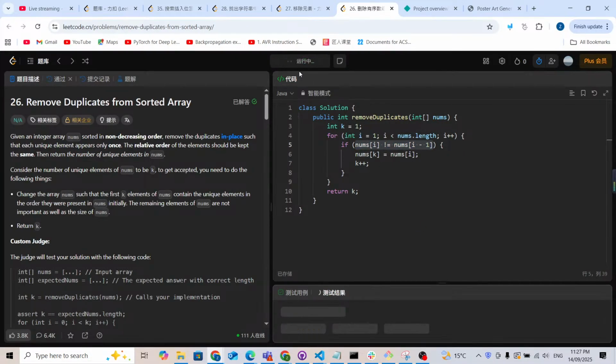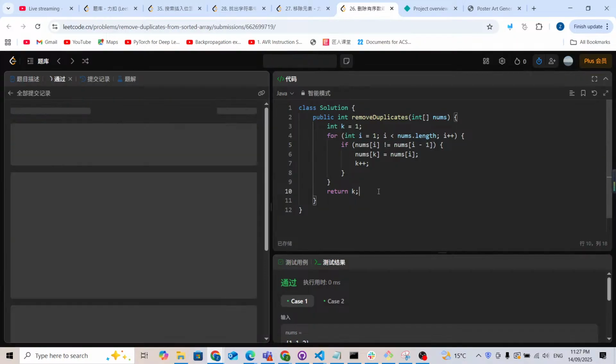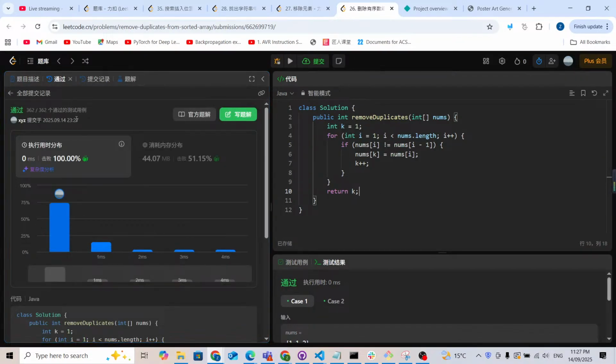Now let me just submit it to check if it can pass. Yeah, as you can see, it's pretty fast and passes all the